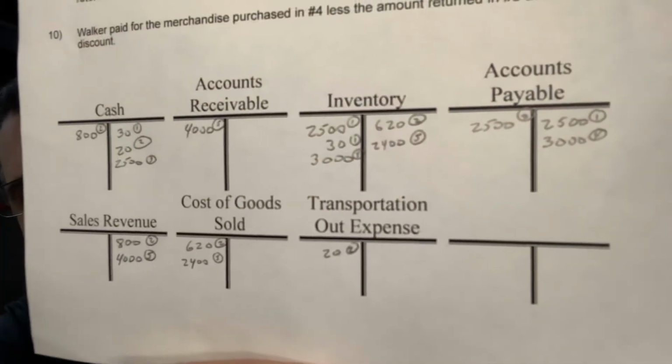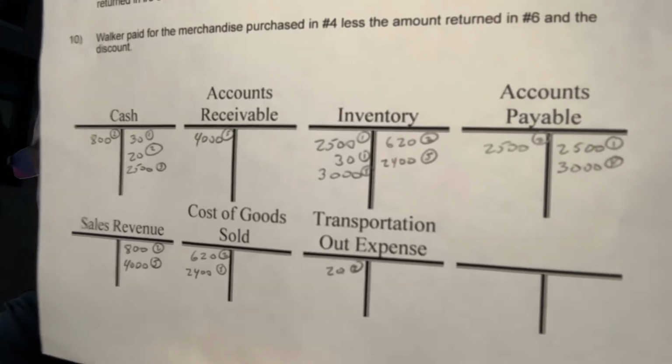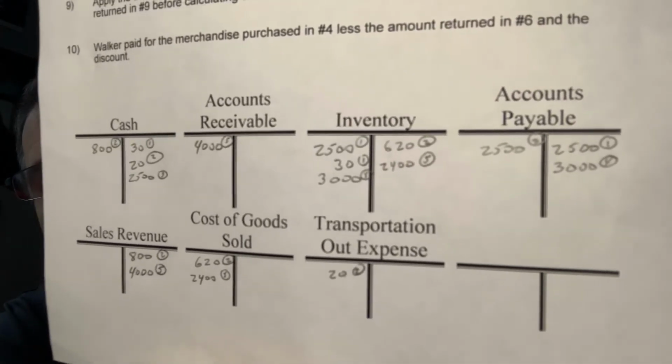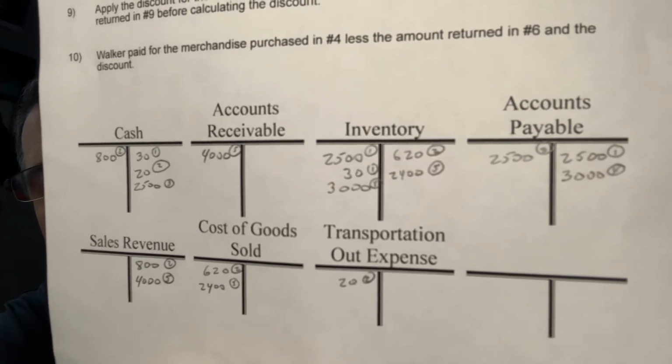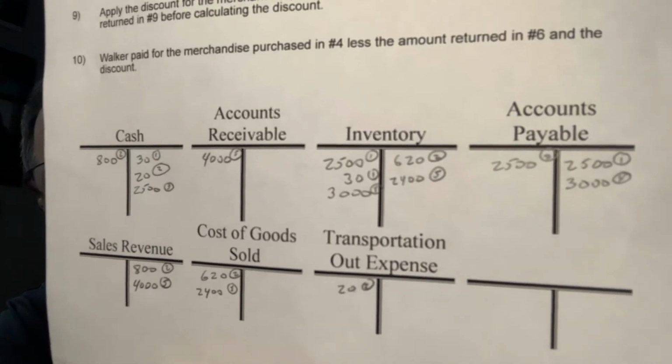We have the $4,000 increase to sales revenue and to accounts receivable. And then we have the cost of the merchandise sold, which was $2,400. That was a decrease to inventory and an increase to cost of goods sold, okay? All right. Good. That's number 5. Let's take a look at